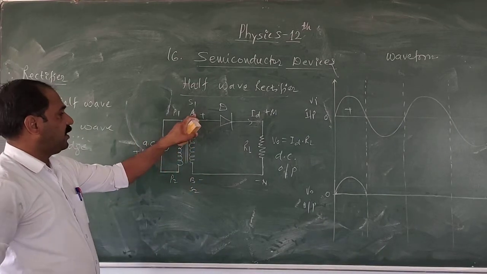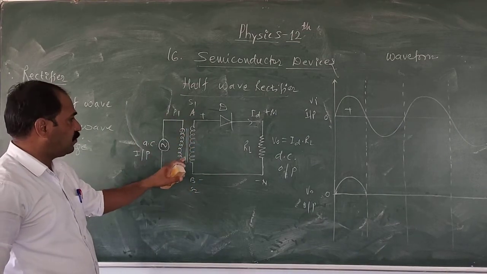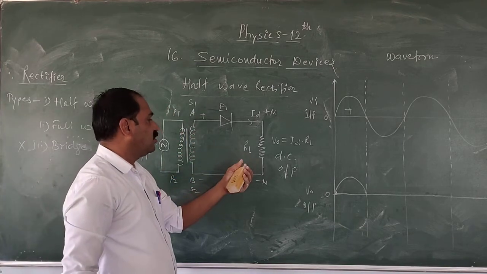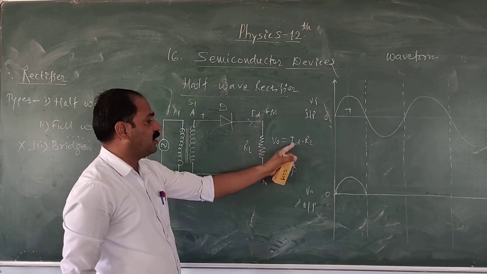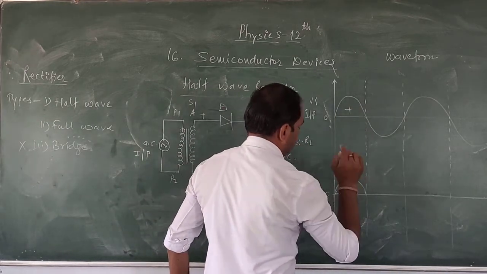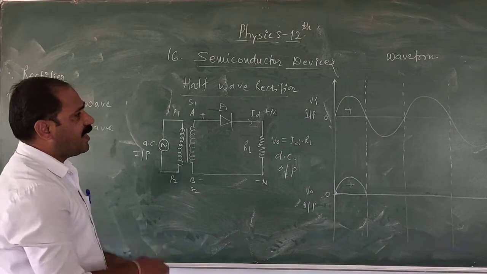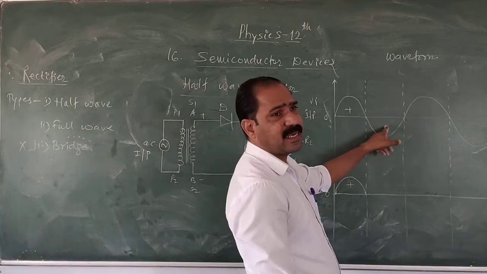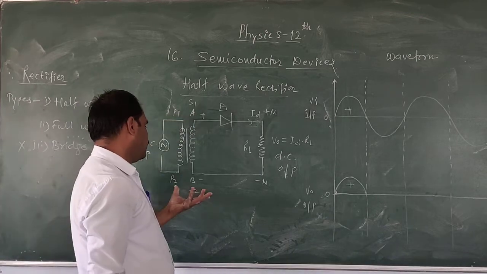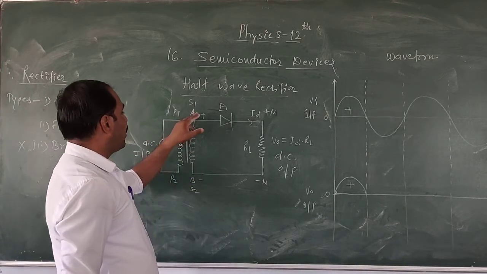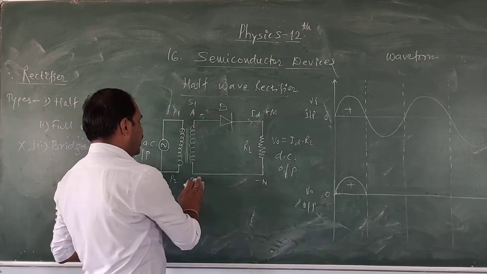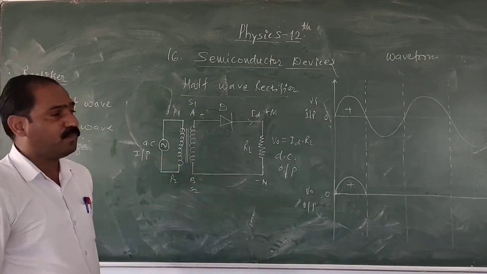Means when the positive half cycle is applied at the point A of the secondary terminals, when A is positive with respect to the B, diode D conducts current through the load resistance RL. We get here the output ID into RL. So for this positive half cycle we obtain here this cycle. But again the next half cycle, that is the negative half cycle, is given to the point A which is to the point B. इसका मतलब क्या है कि ये पॉइंट A जो है अभी कहाँ पे है, नेगेटिव हाफ साइकिल पे है, और ये कहाँ पे है, positive पे.